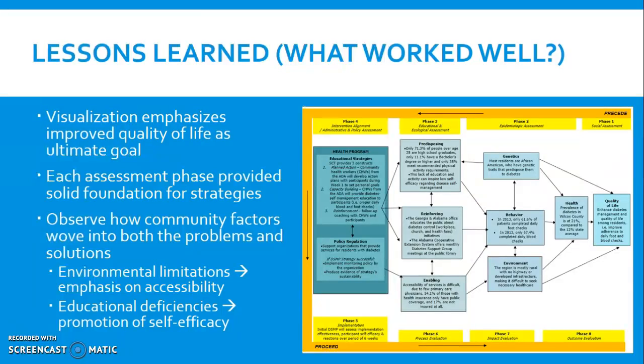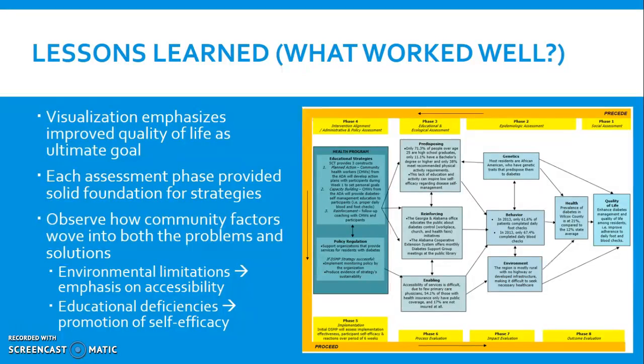For the case study that I developed to address the issues facing residents in Wilcox County, these strengths and weaknesses manifested in different ways throughout the process, which allowed me to learn a lot. Firstly, as you can see in my logic model on the right, improving the overall quality of life among residents is paramount, and the visualization displays how each step in the process is meant to produce this outcome. Additionally, each assessment phase provided much data upon which to develop the intervention. The sheer amount of research required for the epidemiological, educational, and ecological phases guaranteed that my strategy to create a 6-week diabetic self-management program in the county would be well supported.